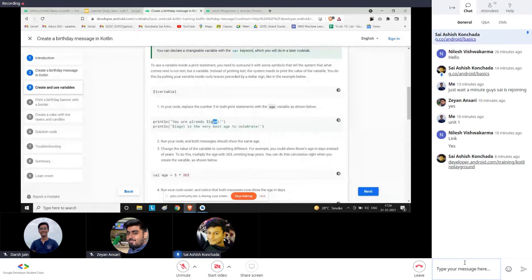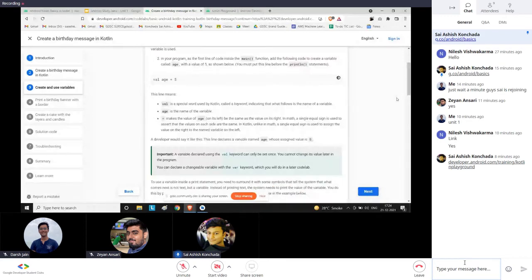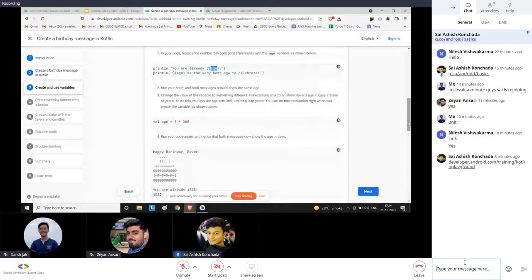So if you're just writing age, it will simply print age. But what if we are using age as a variable? Like we are using age as a variable here, right? It is val age equal to 5. So when you use the dollar sign with the curly braces, you will get the value, as in you are already 5. Otherwise, it will come as you are already age, and that doesn't make sense.